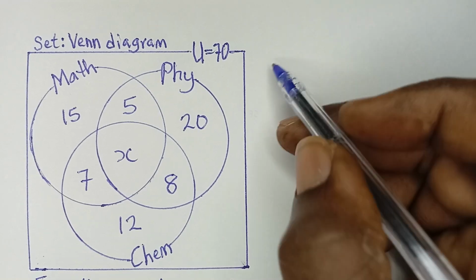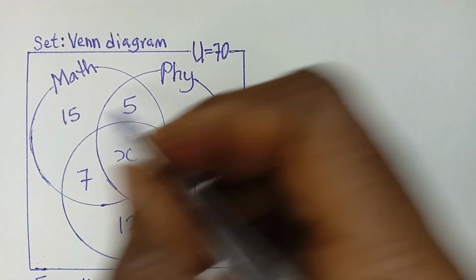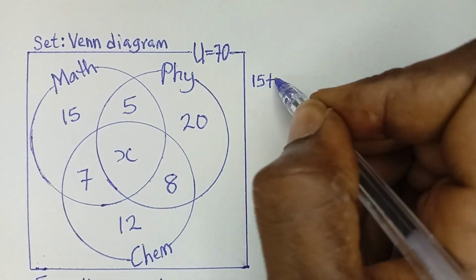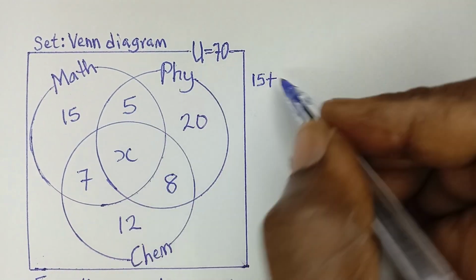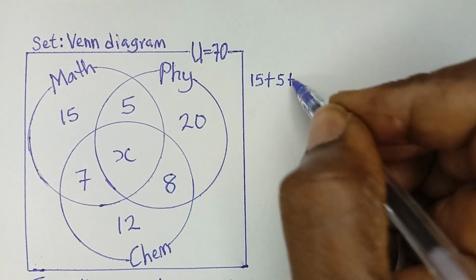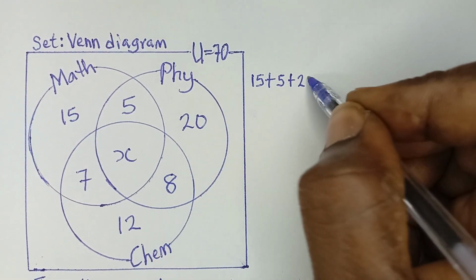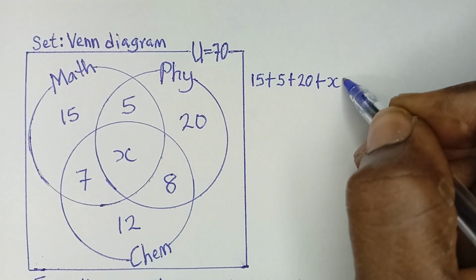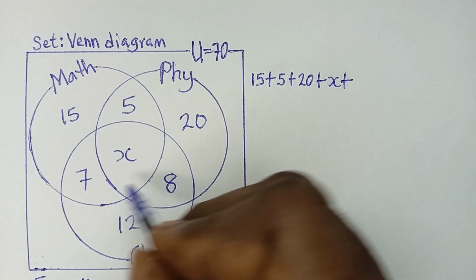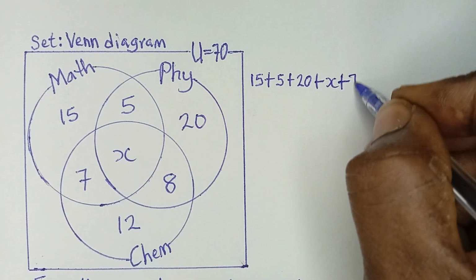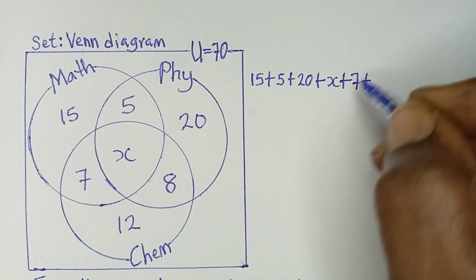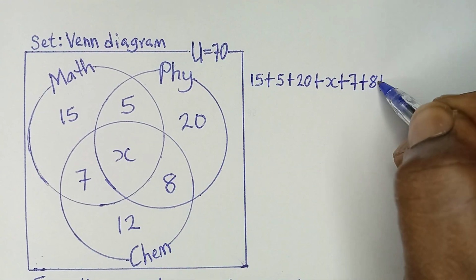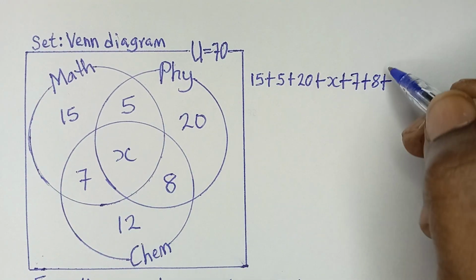So this value here, let me start with 15, plus 5, plus 20, and then plus x here, plus 7, plus 8, plus 12,